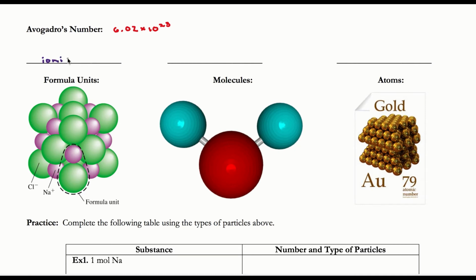So if you have an ionic compound, you're going to be talking about 6.02 times 10 to the 23rd formula units. Molecules applies when I have a covalent compound. Remember, a nonmetal and another nonmetal. So for example, if I have a mole of water, H2O, I have 6.02 times 10 to the 23rd molecules. So Avogadro's number is saying 6.02 times 10 to the 23rd of one of these equals 1 mole. So that is the concept, 1 mole. Mole is the word that represents a number, and the number is 6.02 times 10 to the 23rd. Just like 1 dozen